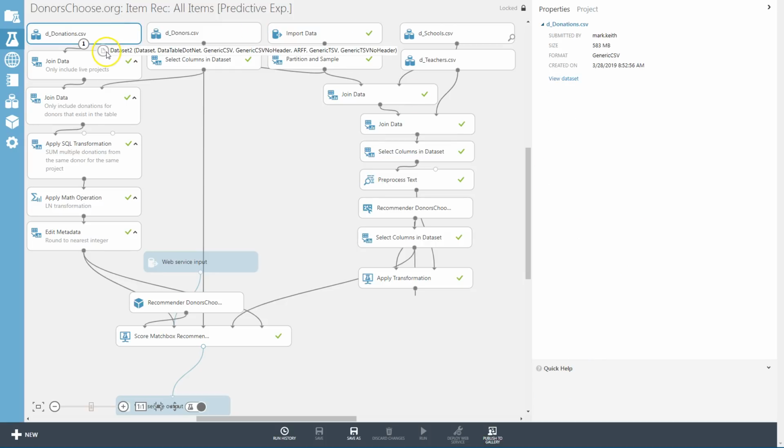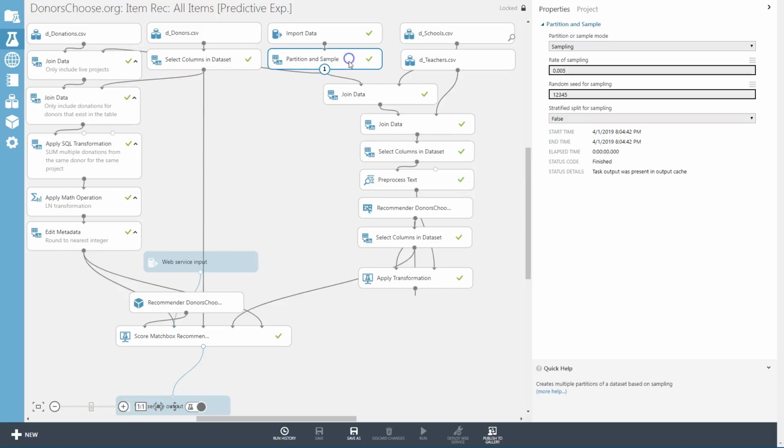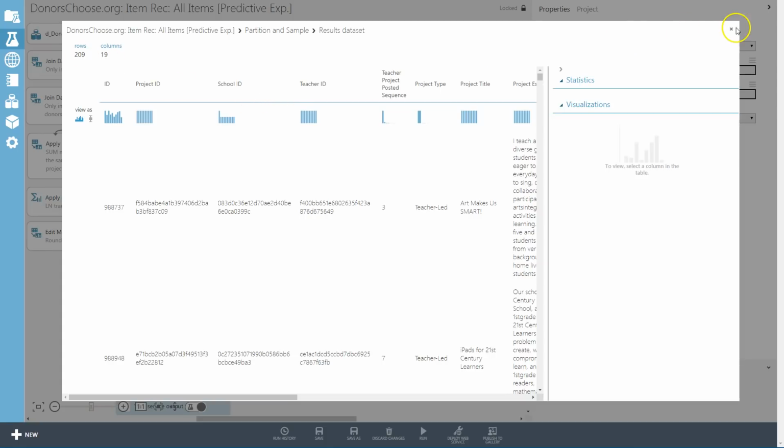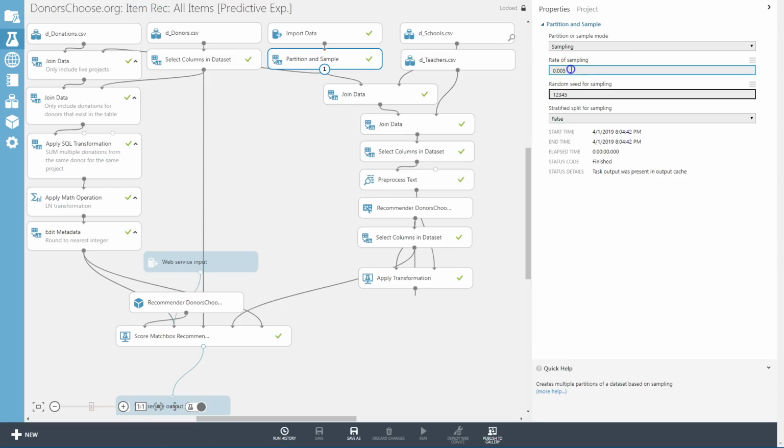But these CSVs, I'm not writing SQL from. So here's what I'm going to do, and this is a technique that'll be useful to you as you're experimenting. I want to save new data sets of the smaller portions of data. So I want to turn this down. I think 0.005 is too little. Let me see how much that gives us. 209 rows? No. Let's do something like